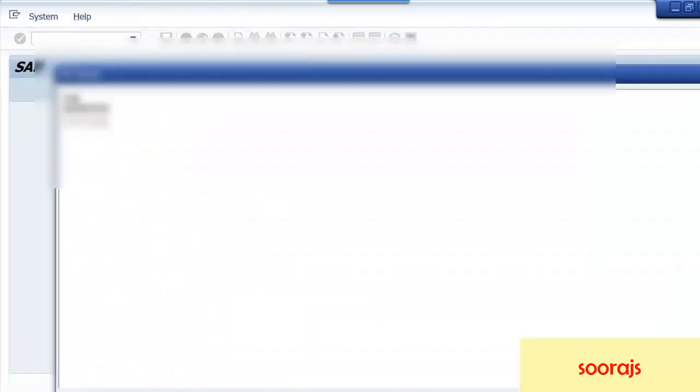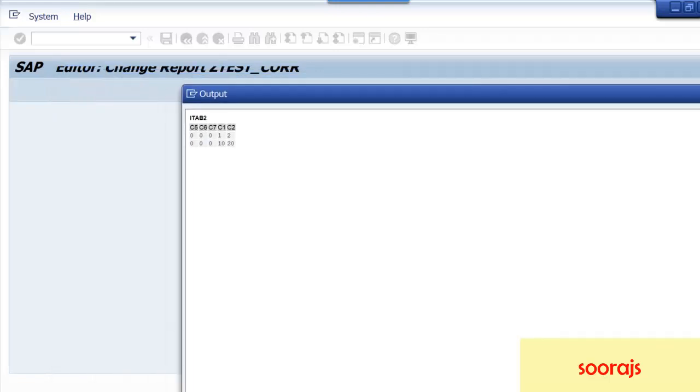Activated. Execute. Now you can see only C1 and C2 are getting copied. The C1 and C2 are present in itab1, right? So that is getting mapped to C1 and C2, which are also there in itab2. If you had seen my declaration, C1 and C2 are also there in itab2. So basically it is mapping the fields with the same field names. itab2 has C1 and C2, so it is mapping C1 and C2 of itab1 with C1 and C2 of itab2, and all the other fields are not getting mapped. So this is how it is working.